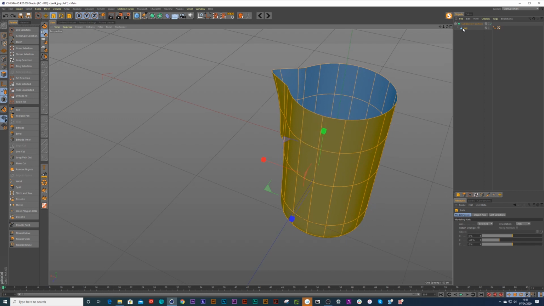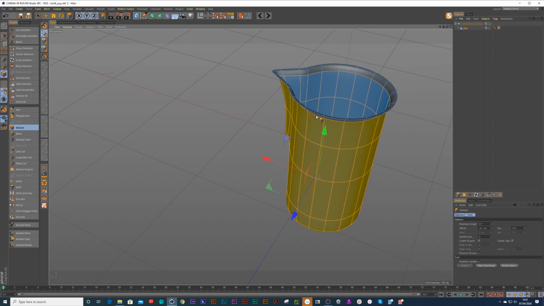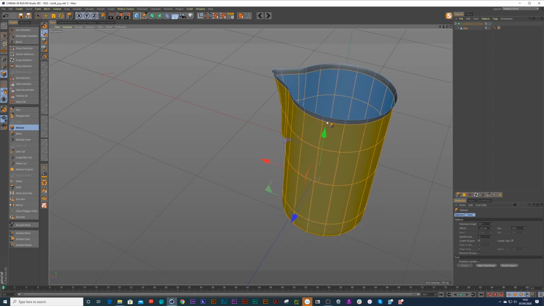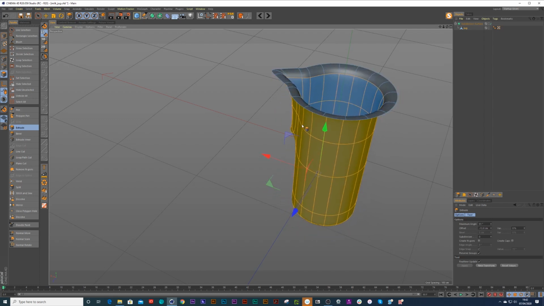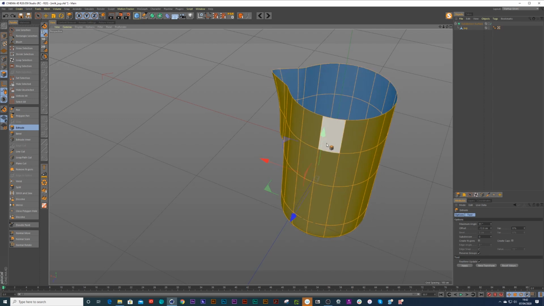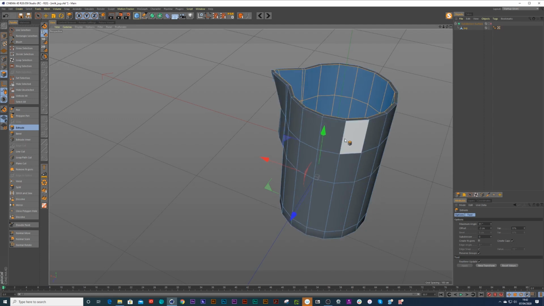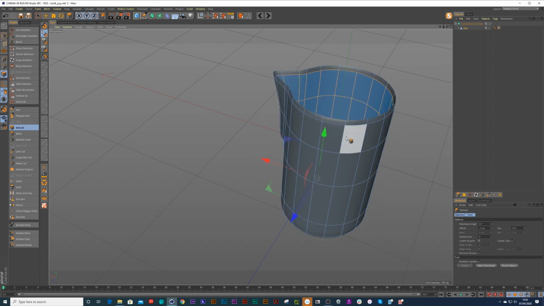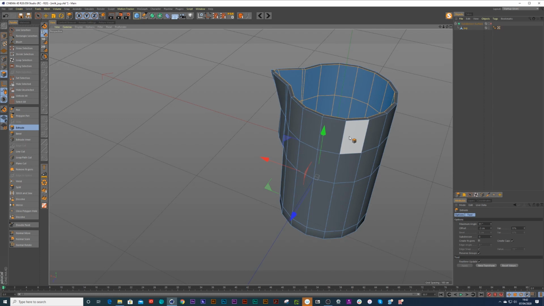It's just going to scale the whole thing inwards and not give me that extra face that was left over. So we want to put the caps on and then extrude in. And if I press Q off on the keyboard,